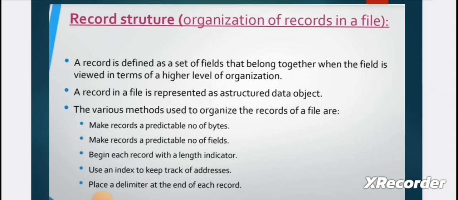A record is defined as a set of fields that belong together when the file is viewed in terms of a higher level of organization. A record in a file is represented as a structured data object. The various methods used to organize the records of a file are: